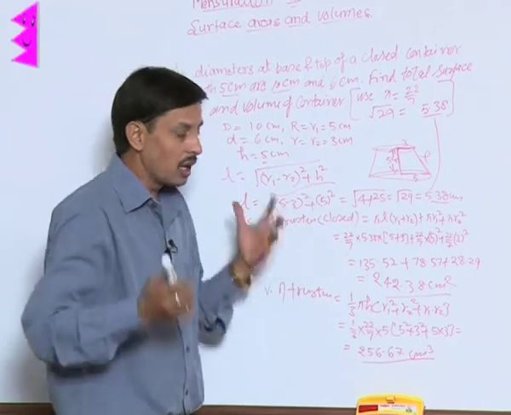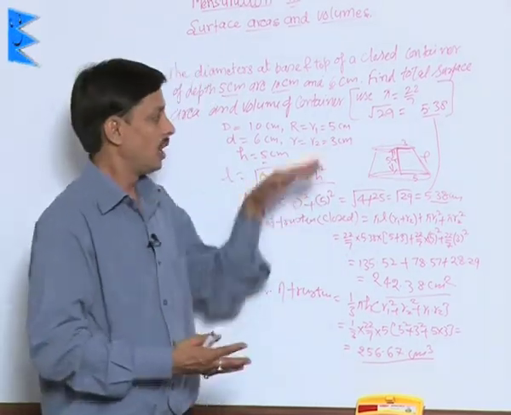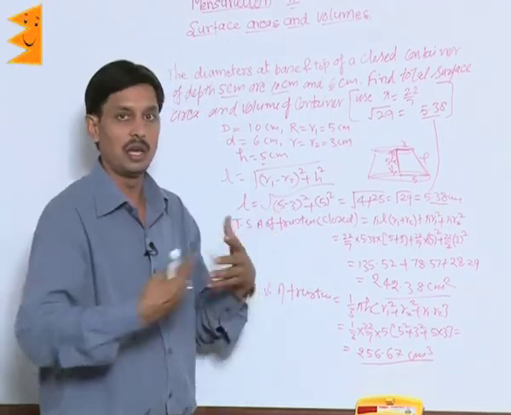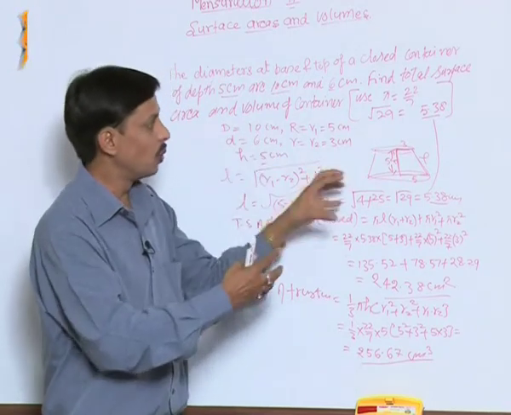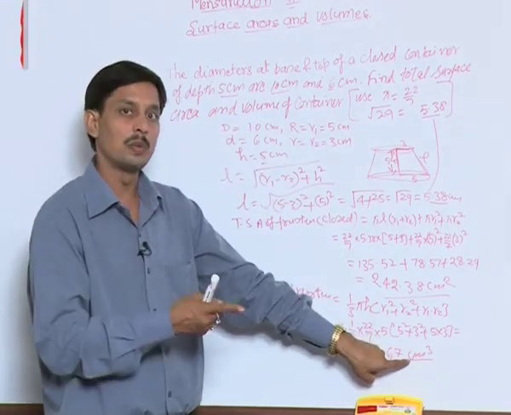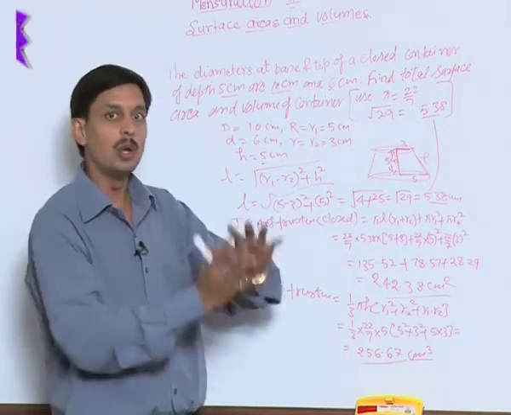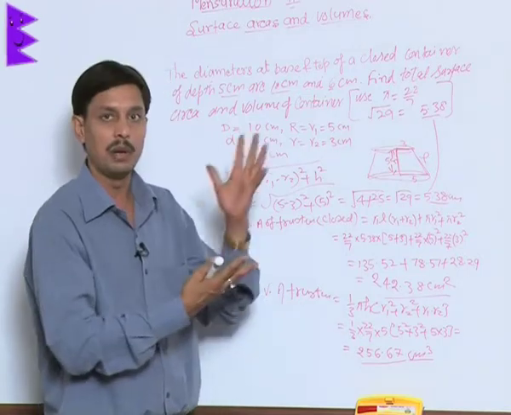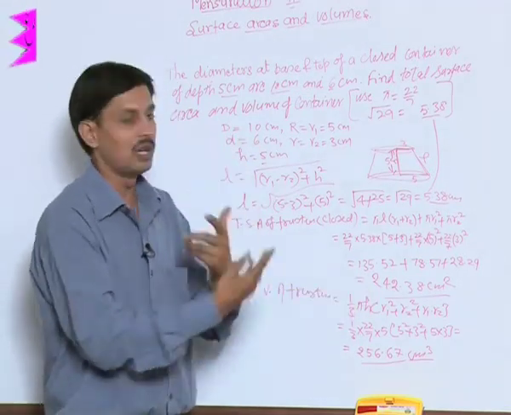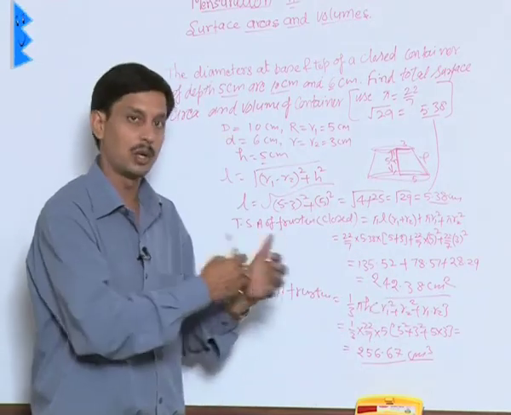In case the question is required to be extended, we can say if it is filled with milk and the cost of milk is rupees 32 per liter, then first of all these centimeter cubes will be divided by 1000 to convert into liters, and that volume in liters of the milk will be multiplied with its rate. Similarly, if painting is required, then this total surface area will be multiplied by the rate of painting.